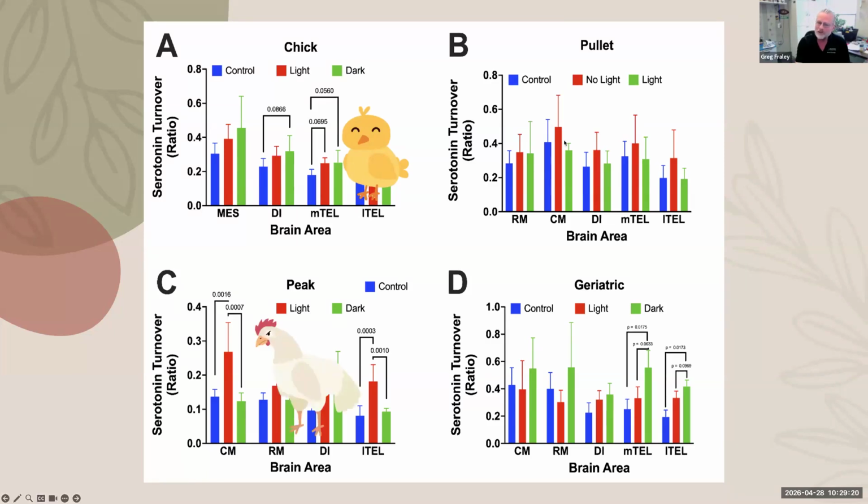In pullets, we didn't see any changes at all in serotonin turnover. And this was very interesting, and I'll tell you a little bit more about why. But apparently, the tween brain just doesn't relate to anything. But at peak lay and older birds, the serotonin activity is definitely telling us that when in isolation, they have a relatively poor affective state or poor moods compared to controls, which makes sense.